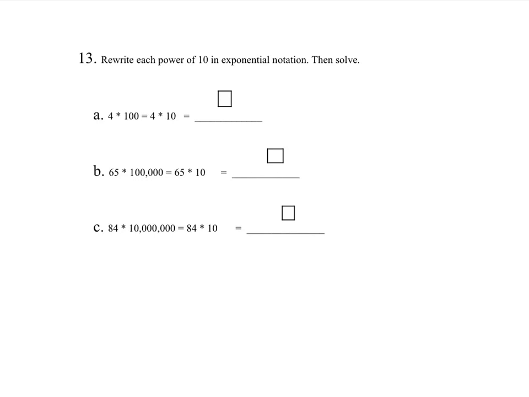And our last section of our Unit 4 cumulative review, we need to rewrite each power of 10 in exponential notation and then also solve it. Looks like my boxes got mixed up in the format, so just ignore those boxes there. 4 times 100 is the same as 4 times 10 to the second power. That 2 relates to how many zeros are there, since there are 2 zeros, and we know that 4 times 100 is 400. Next up, we have 65 times 10 to the what power? My power relates to how many zeros I have. Since there are 5 zeros, my exponent's going to be 5,